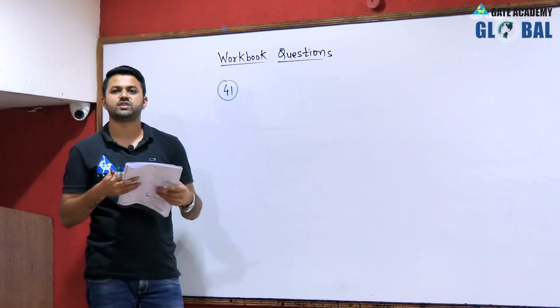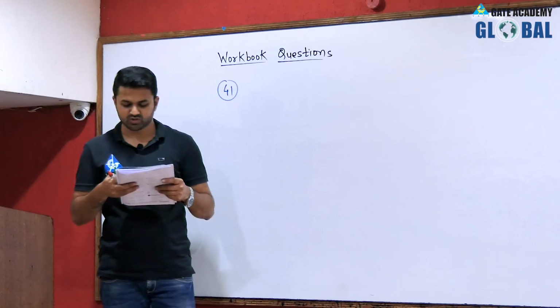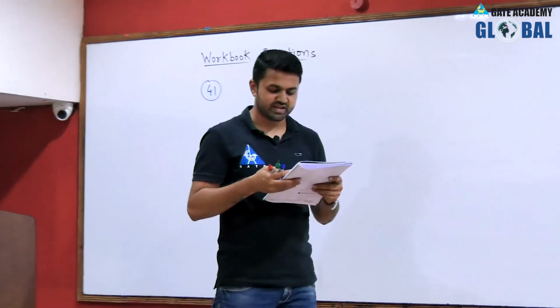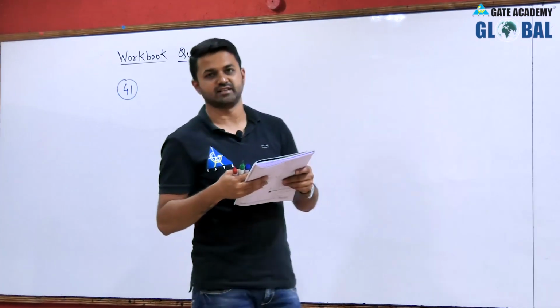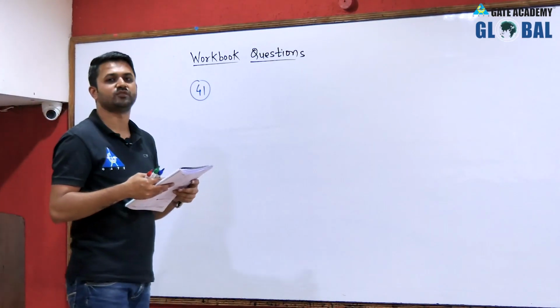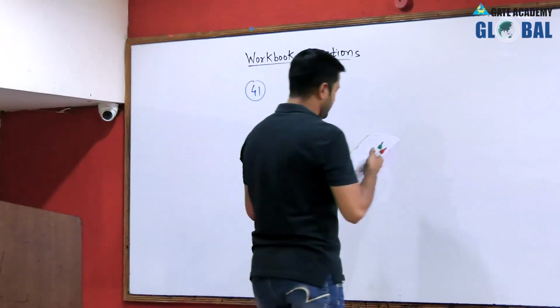m(t) cos omega naught t is the input to the multiplier and it is multiplying with cos(omega naught t plus theta). So actually it is followed by the low pass filter. So we can see that this is nothing but the synchronous detector with some phase error, and synchronous detector with some phase error we have already studied in case of demodulation of DSB-SC. So in question number 41